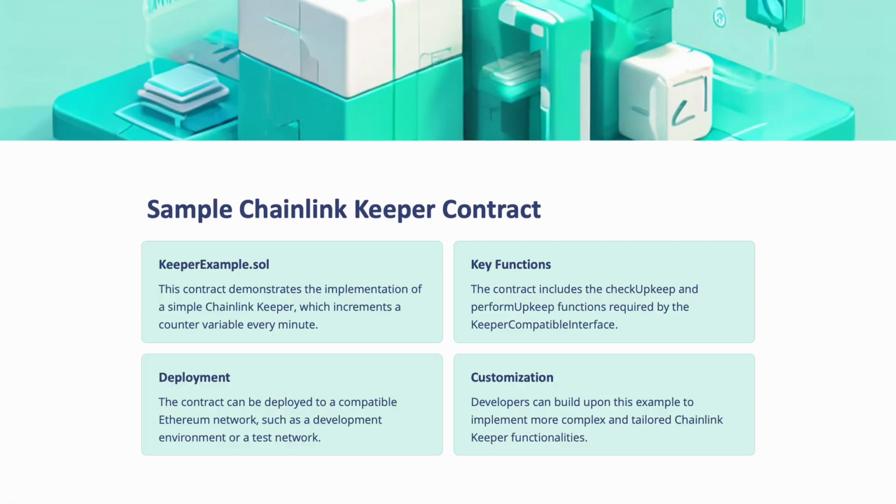Moving on. Here we have a sample Chainlink Keeper contract. In this example contract, KeeperExample.sol, a counter variable is incremented every minute. This keeper function includes checkUpkeep and performUpkeep, which work together to ensure that the